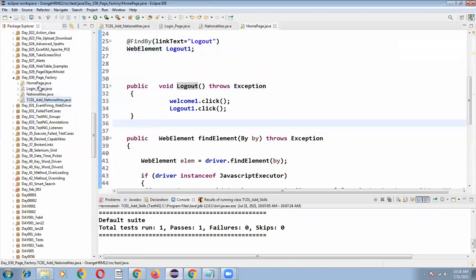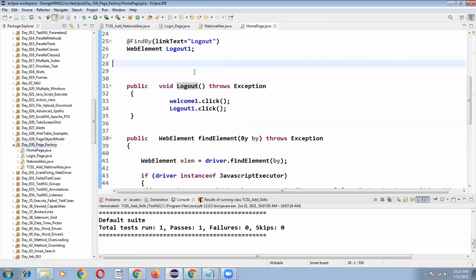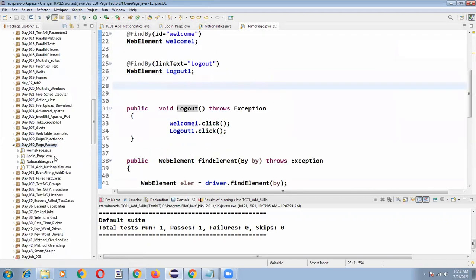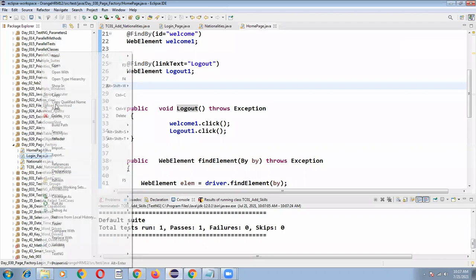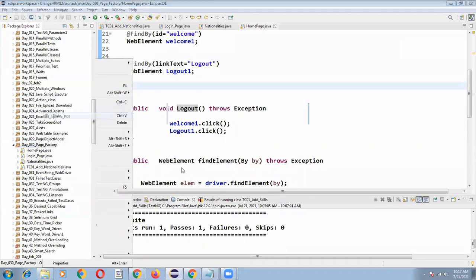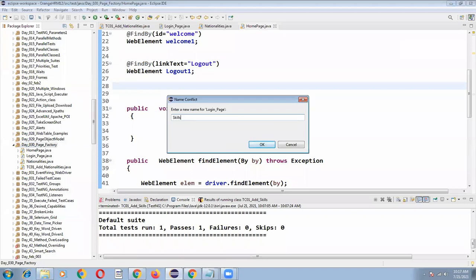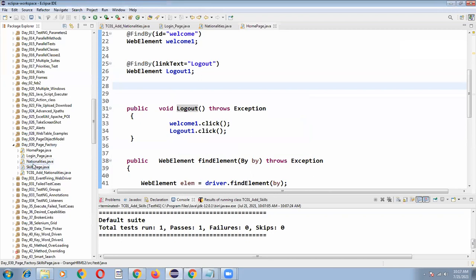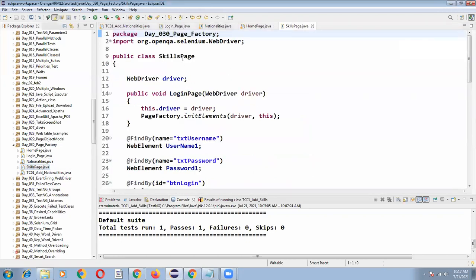So I can copy it and paste it, and the skill space dot java file I have to write like this. Anyway, you have seen all the pages. So while developing a page, I want to develop a skill space. How do I need to develop it? I can copy this one and paste it here, skill space. So I have to write skill space, right? The method name is also skill space.